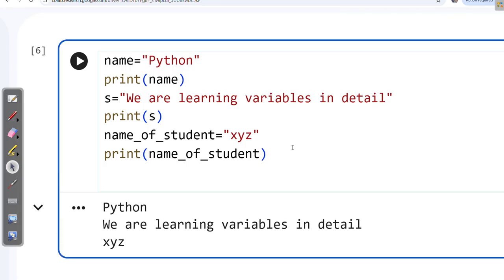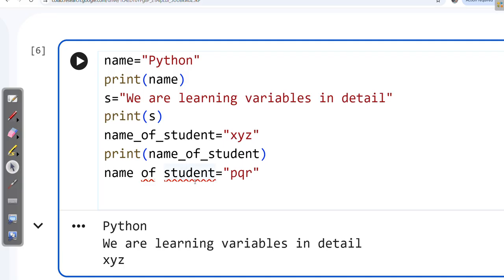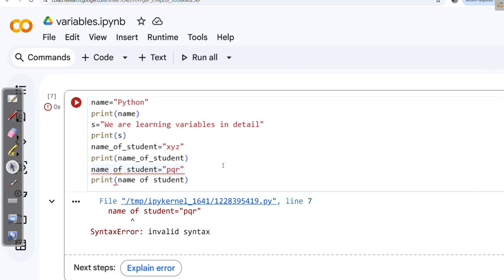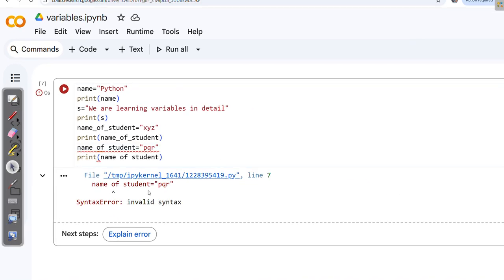But apart from this, if I do it like this, name of student, what will happen? It will show me an error. See, PQR, the particular value, can you see the red lines are starting to appear? Because this is an error, right? Name of student, running it, it will show you an error like it is an invalid sentence. It is not acceptable. Okay.